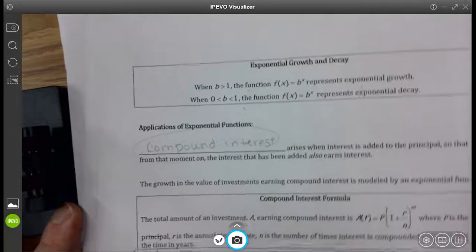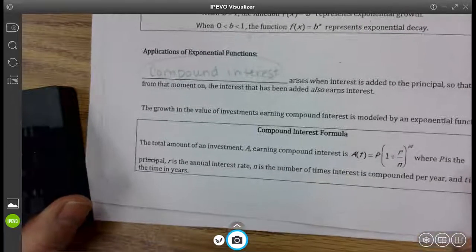All right, we're in day 2 of chapter 7. We just talked about exponential growth and decay, which was,